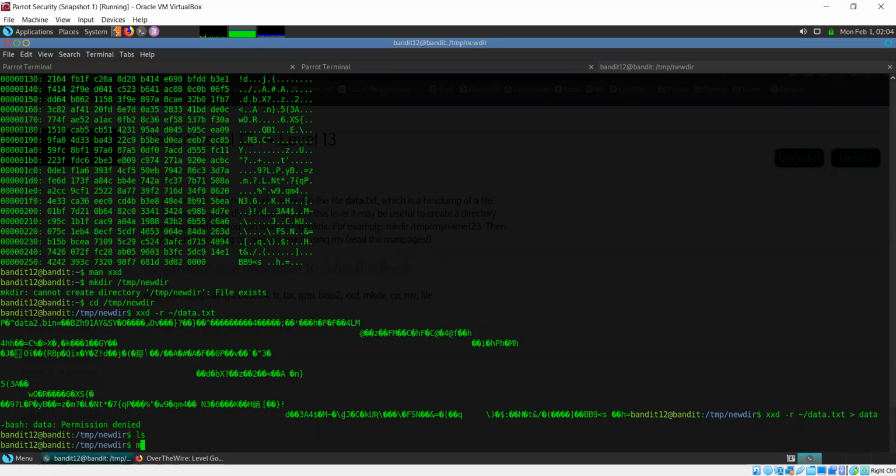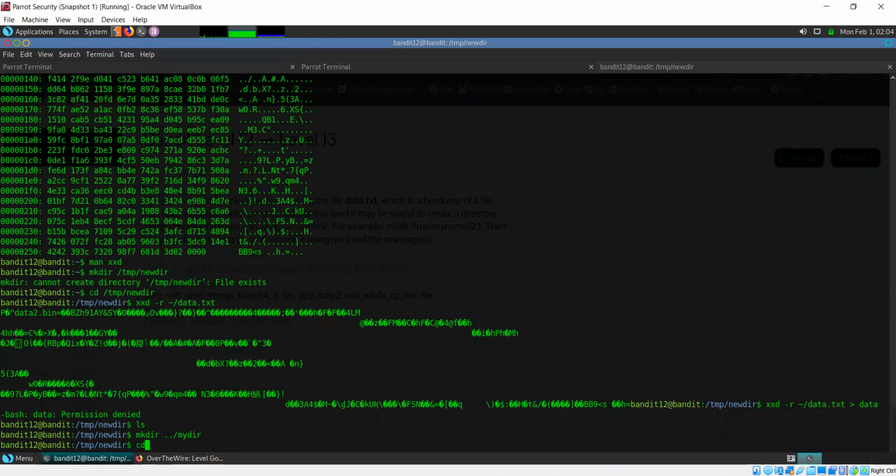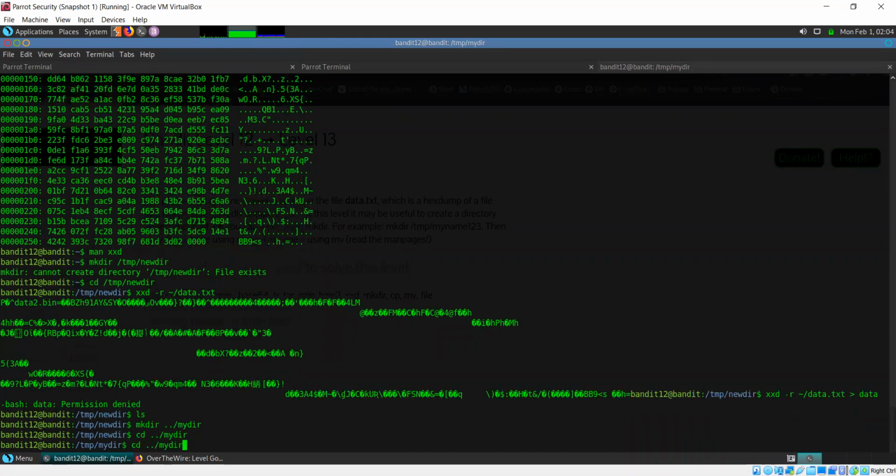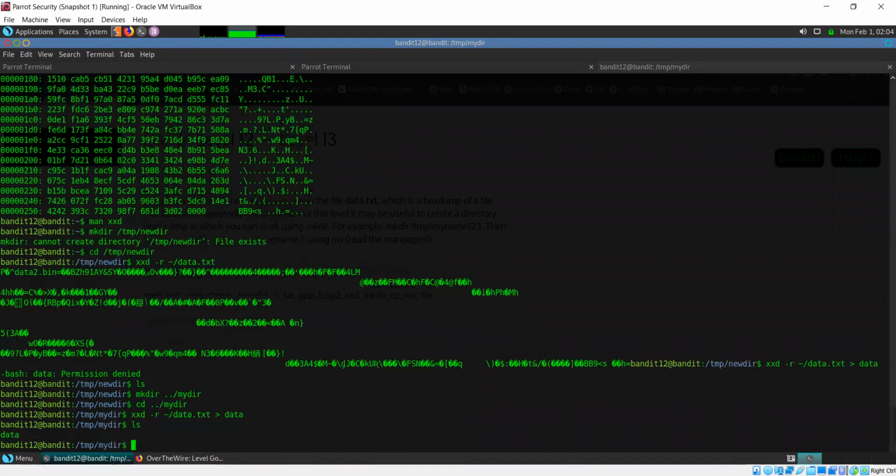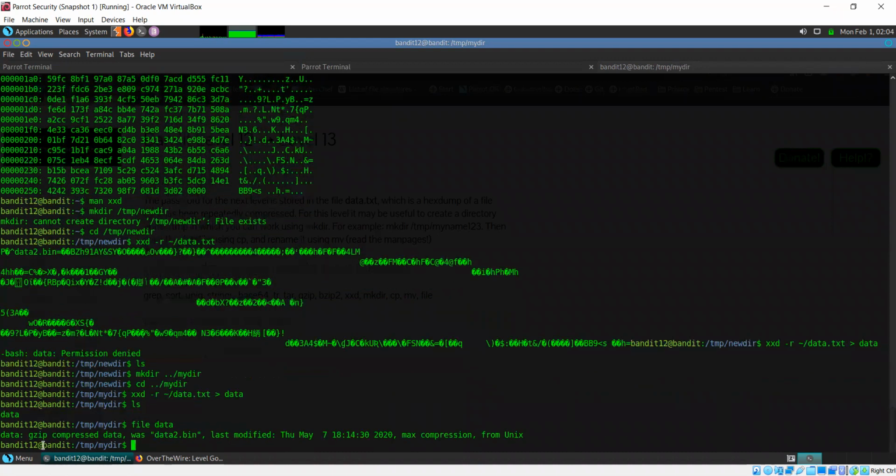Okay, so what I need to do is figure out what kind of file this is. It says that it's gzip compressed data, so I need to decompress it.